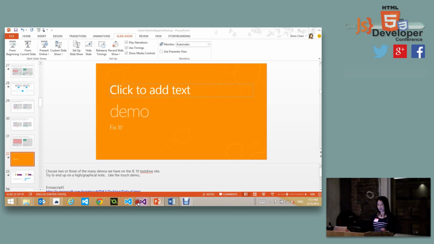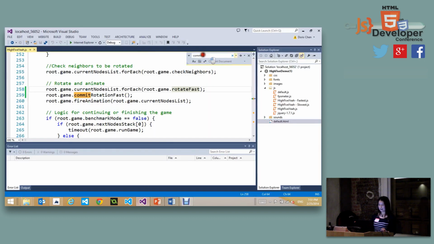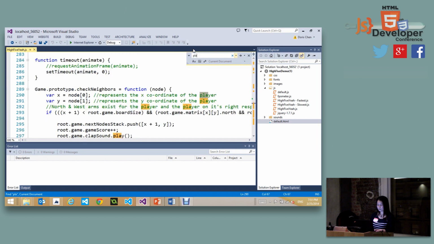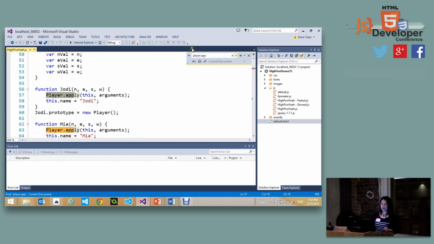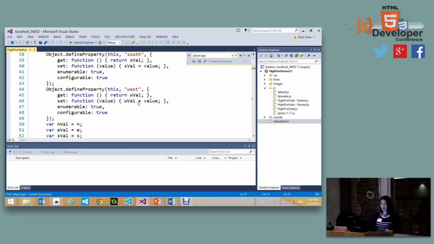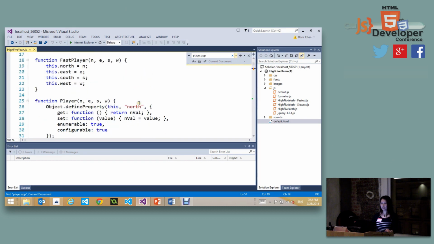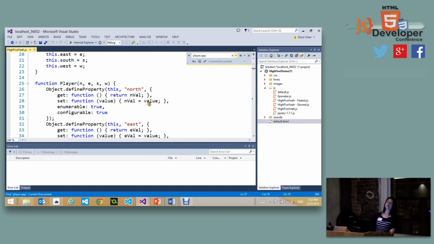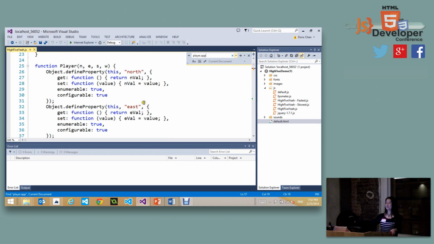Okay, so let's go back to the code again. This is a very simple way to do it. In the first version, I'm trying to use get, set, enumerable to create that player.